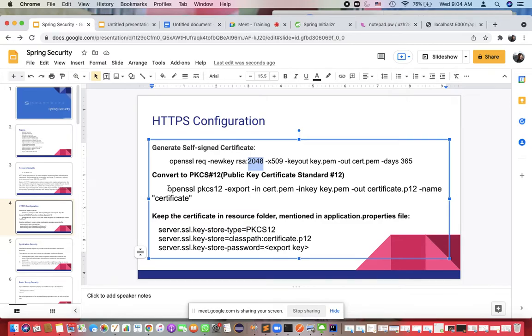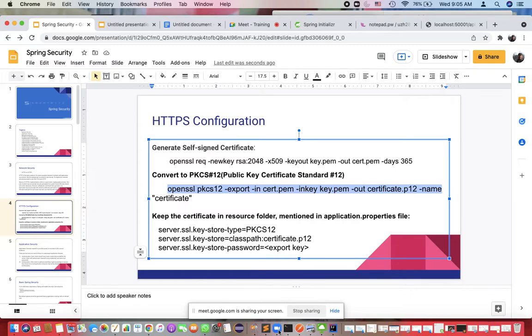So I need to run this with the certificate name. What is the certificate name? CRT.pem. Okay.